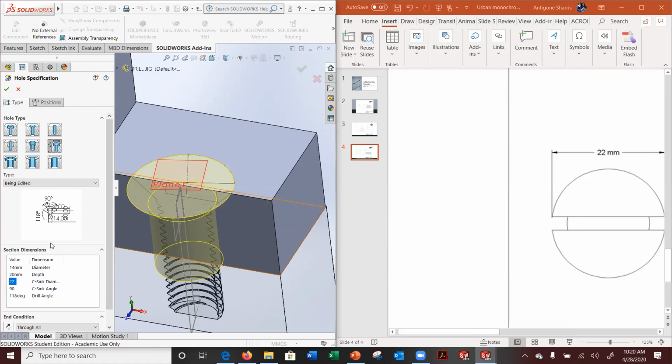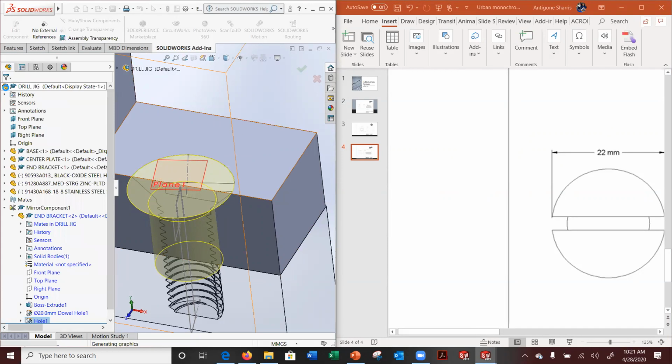Once I make those two changes, any of us who've ever worked with any type of fasteners know you can't do 22 as the countersink, by the way, unless you make it just a hair deeper. If you go 22, you're going to end up cleaning it out a little bit so that the fastener sits flush. It has to sit flush, and I'll explain why. So if I hit OK now